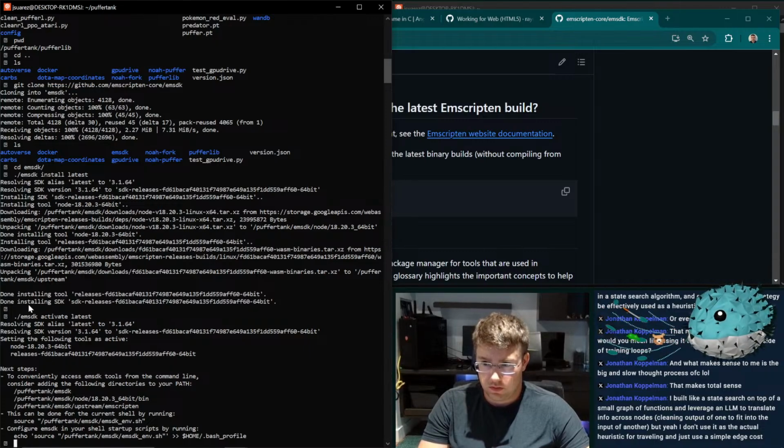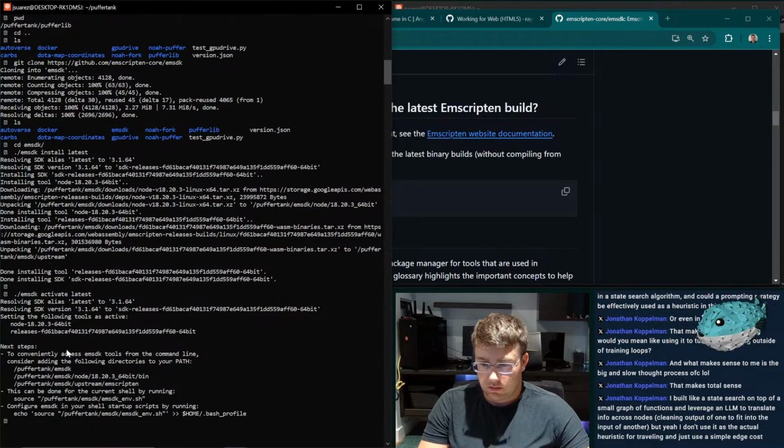All right. Cool. So this uses Node. Ugh, I hate this already then. Why the hell do we need Node for this? Configure.